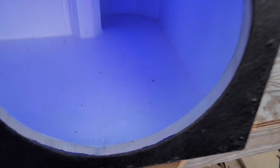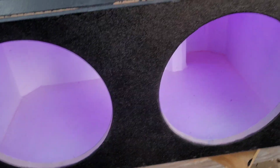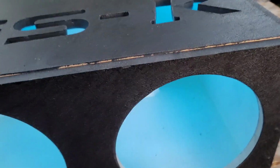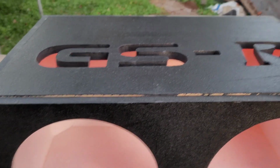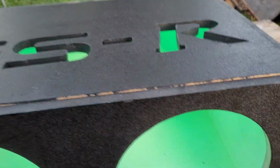So I guess on to the next. On to the next day, so this stuff could fully dry. Man, it's aggravating, but that's how it is. That's how it goes sometimes, guys. It just gets aggravating. Everything don't go as planned. So